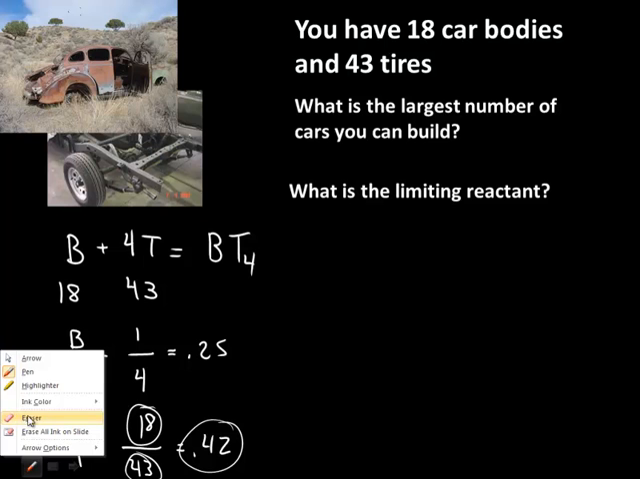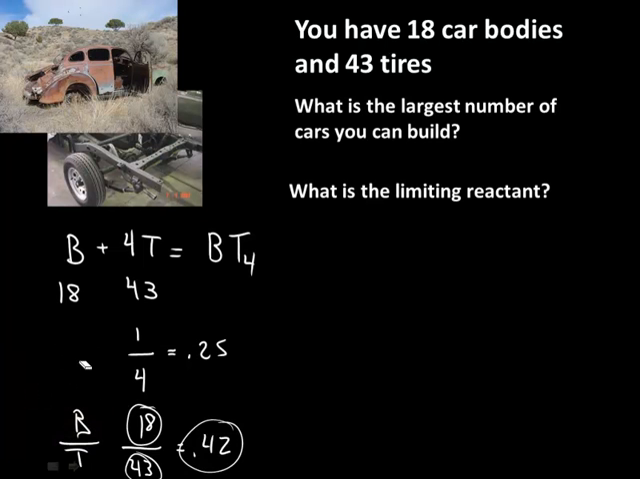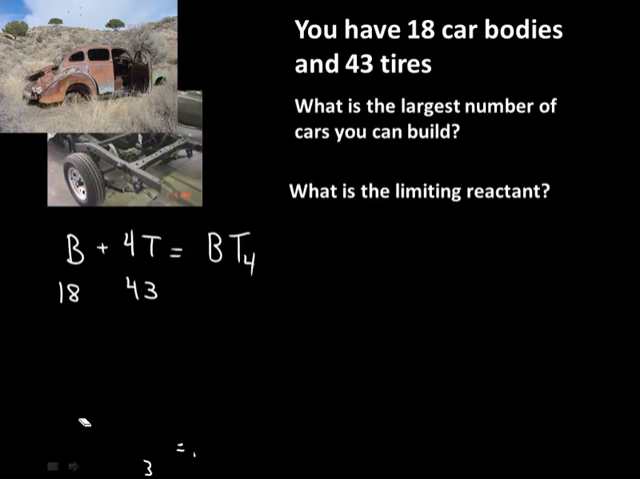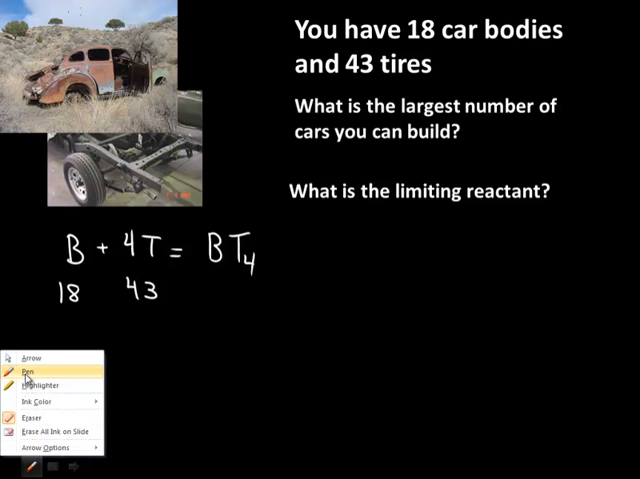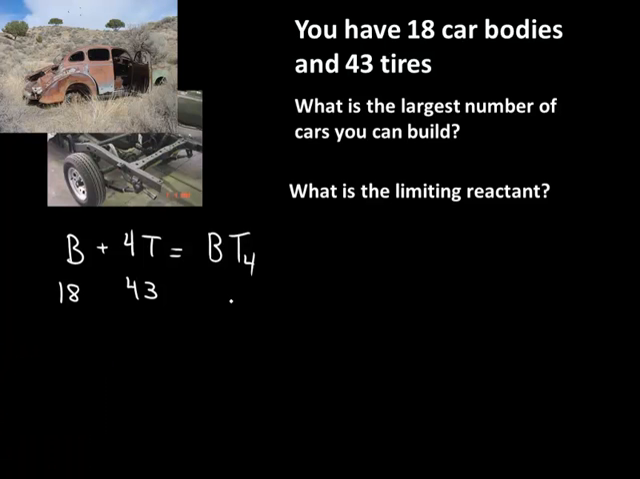We're going to pull out my eraser and erase all of this stuff down here. And we're going to do this kind of like the stoichiometry problems we've been working, in that we have 18 bodies and 43 tires, and we have a question mark under how many cars can we make. Now if I do this stoichiometry and I say I have 18 bodies of cars, and I know